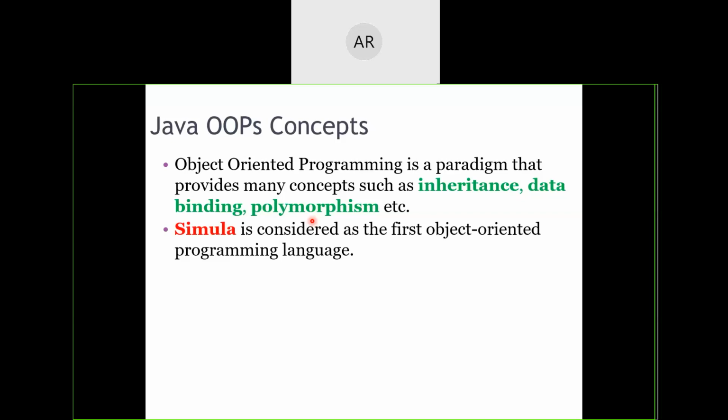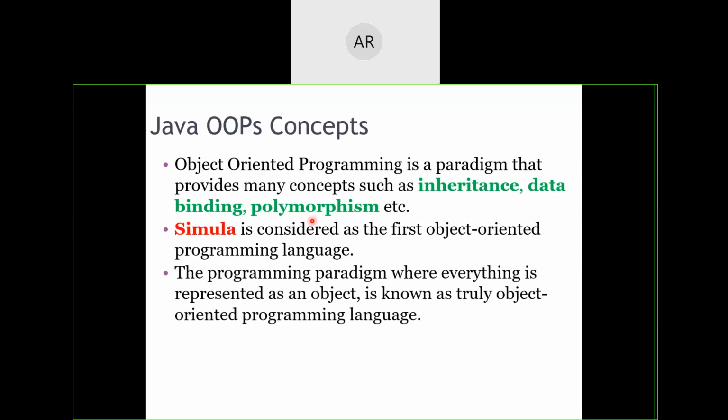Now, what are the languages that first came up with polymorphism, inheritance, binding concepts, and the object and class concept? It was Simula. This Simula was the first language which was considered an object-oriented programming language, but nowadays it is not highly used. It is rarely used. At that particular age, it was a good language. Now it has been overtaken by other completely known object-oriented languages.